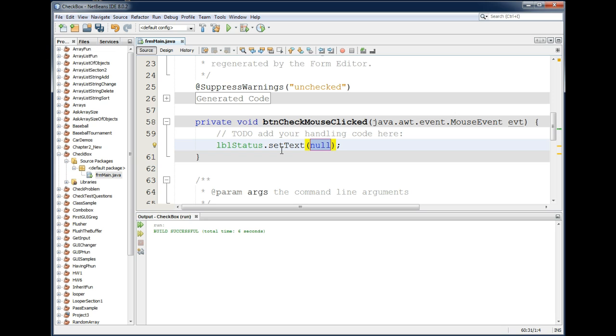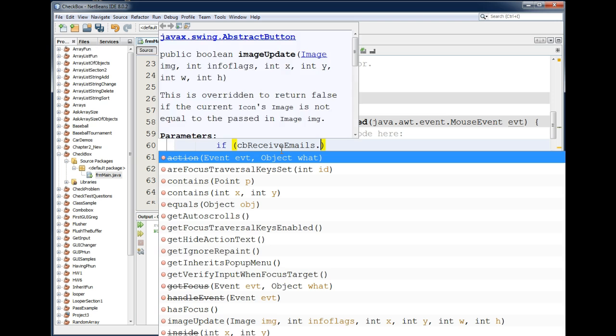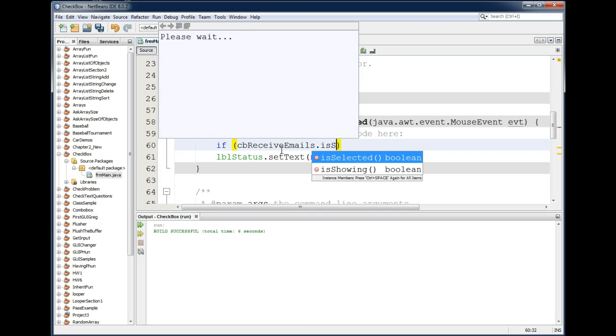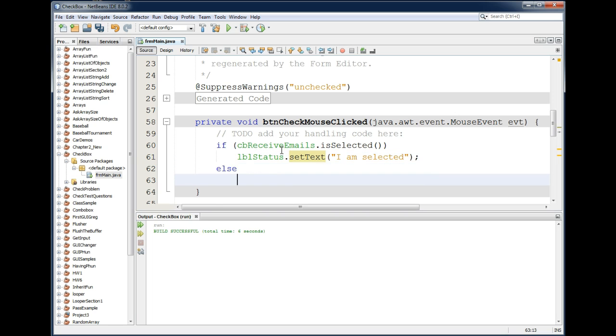Now we want to go and grab the value to see whether or not that checkbox is actually checked. Well, I think one thing I'm going to do a little bit differently this time is I'm going to do it like I would do in source code, which would be if, and then we'll use our checkbox name, which was cbReceiveEmails. If it is selected, then I want to go ahead and set the text to be I am selected, else lblStatus.setText I do not